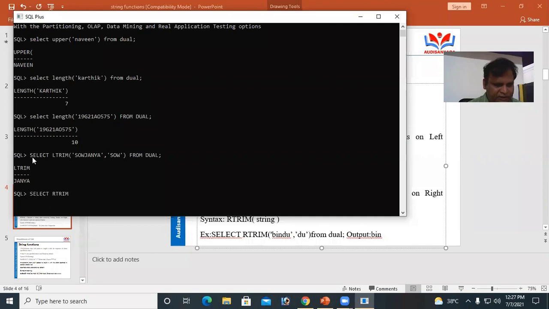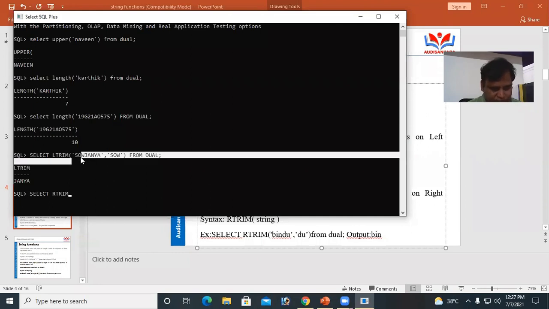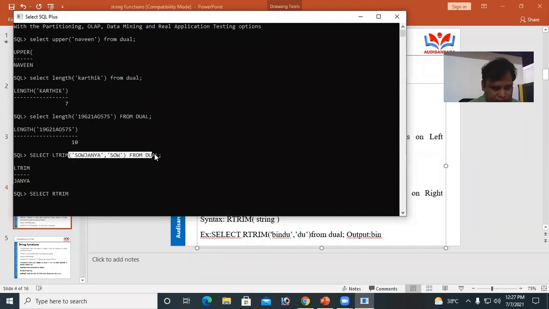Same thing, we are trimming the right side. Select RTRIM of the string from GL. We are trimming these 3 characters, the right side characters.